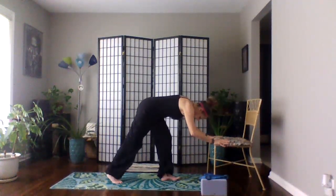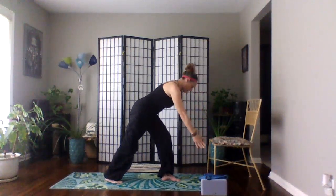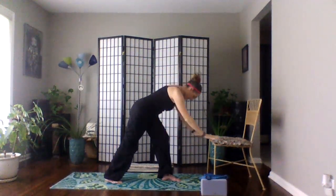Turn your foot out just a tiny bit and rise up into a short stance warrior 1. So I have my hips really squared towards that top edge of my mat. Arms can be lifted in that traditional warrior. And then notice where you're feeling sensations in your body here. I'm getting a little bit of a stretch in my back calf and some strengthening in my front leg. And then we'll bring our hands back down to the floor or to the chair and step that back foot